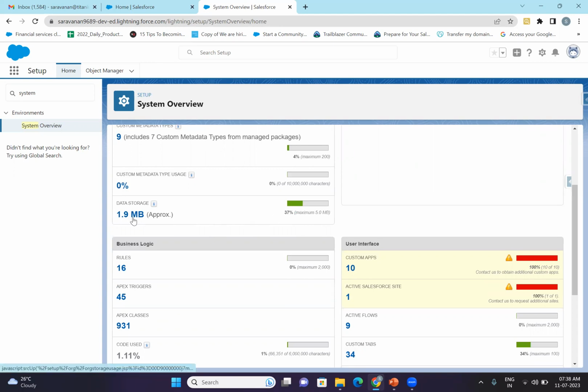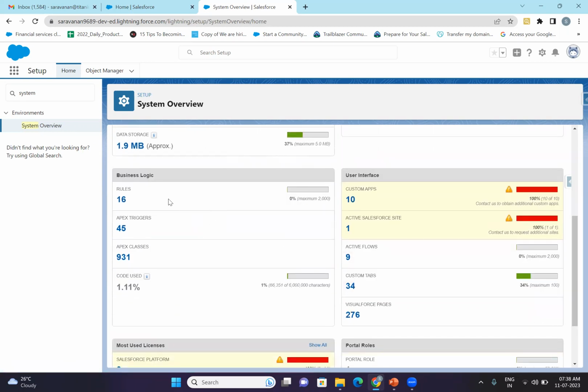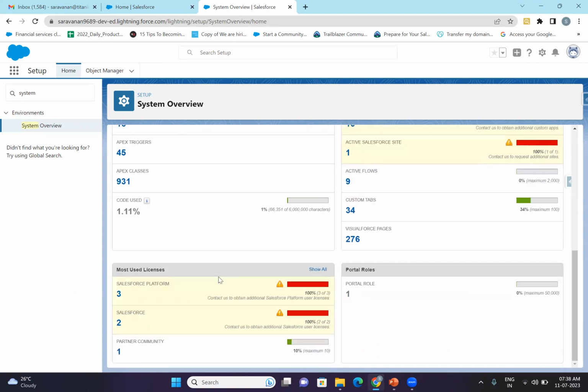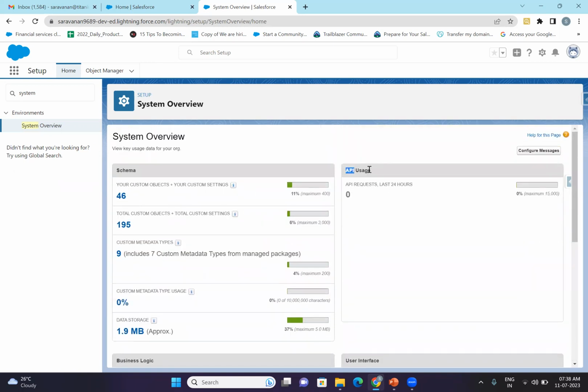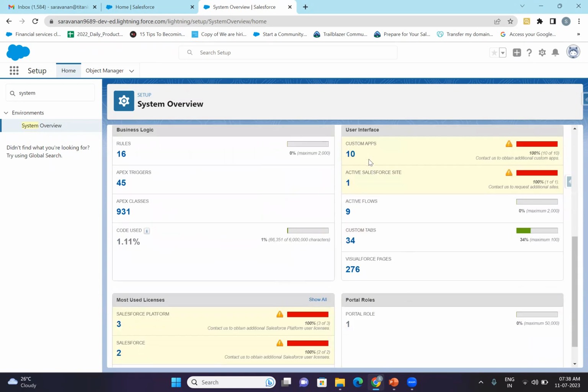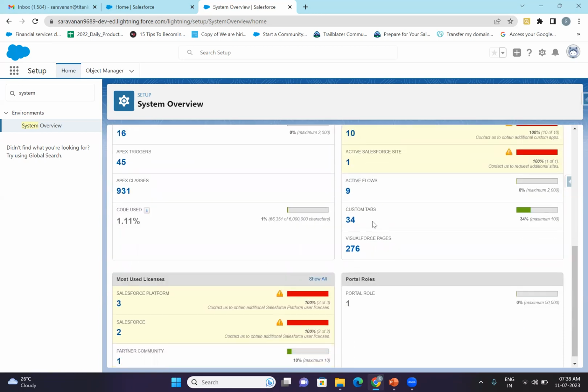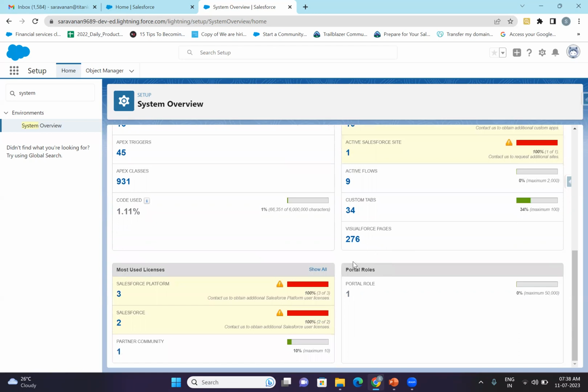So currently I have consumed 1.9 MB of data. Okay. And how many business logics we have used, how many Apex classes we have created, what is the coding percentage, what are all the most used licenses in our platform. Okay. How many APIs we have consumed for integration, user interface, how many custom apps we have, how many active sites we have, active flows, custom tabs, how many Visualforce pages we have, how many partner portals we have